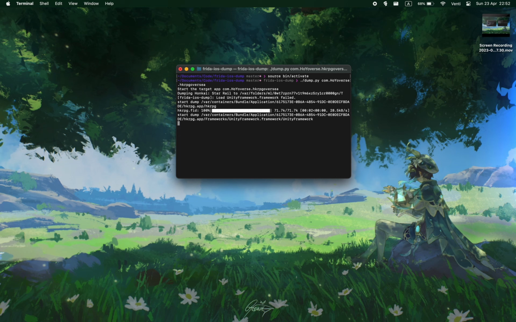If you don't have the capabilities to decrypt the IPA yourself, you can look up online sources for it, but make sure that you can trust the source before downloading an IPA from there, as they can run malicious code on your Mac.